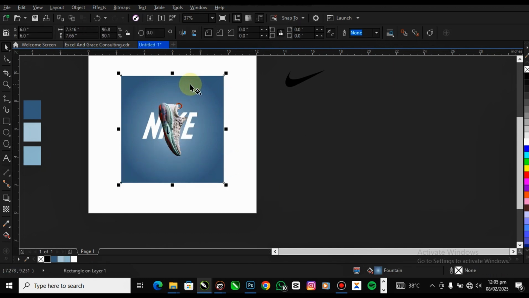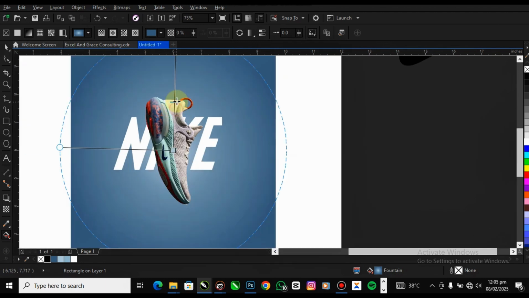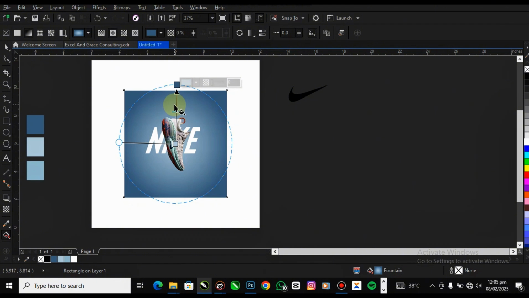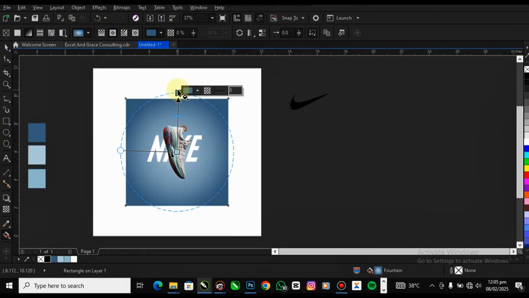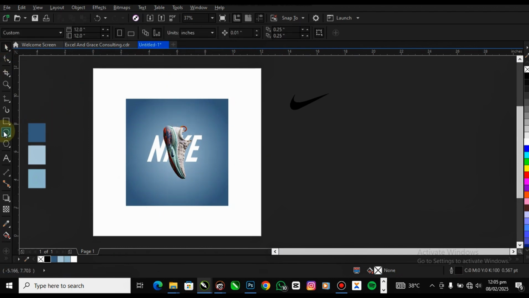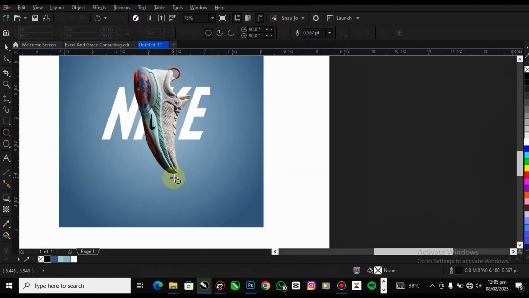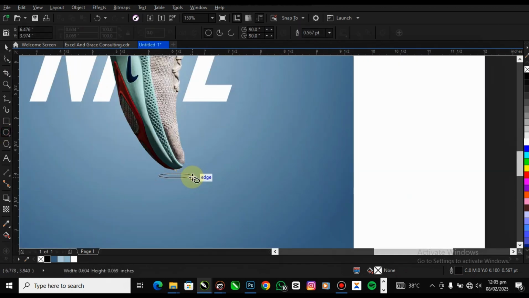Then I'll go back to my highlight, because I need it to blend well. Drag it up. Okay, it's like this. I need to blend well. Okay, and I'll come here because I want to create a shadow. You get. Then I'll come at the edge of the shoe, then drag a little bit